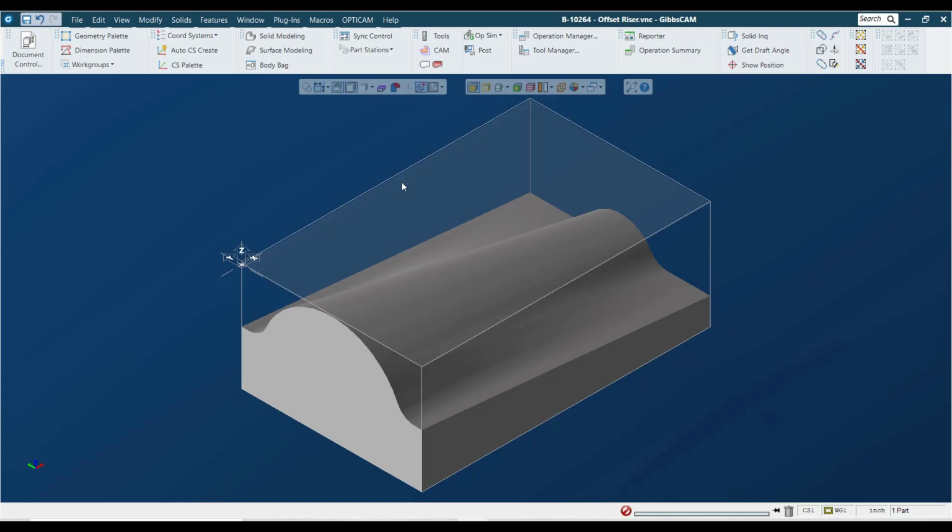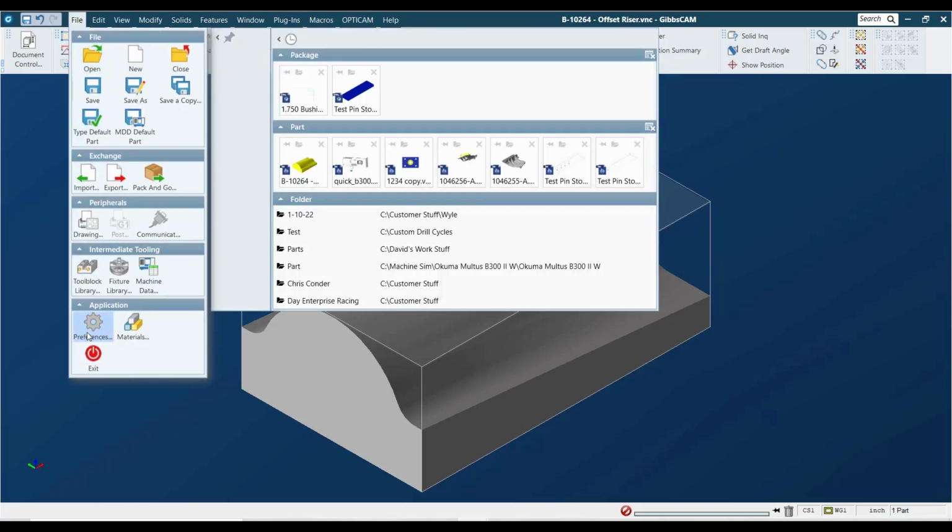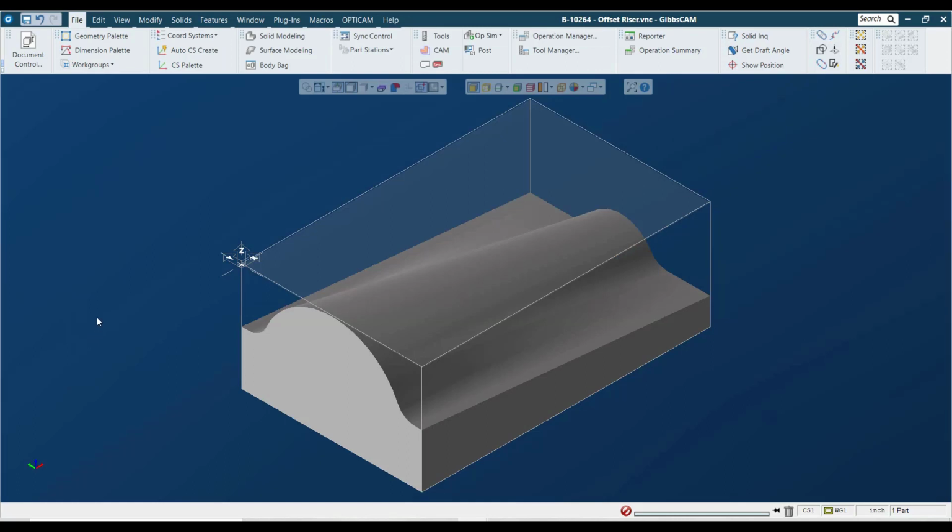All right, but what about a shop that has a variety of machines of different makes? For instance, if you were working in a shop that had a Bridgeport that required a .nc extension, and maybe you had an old Cincinnati that needed a .tap extension, maybe a newer Okuma that's looking for a .min extension, and a Mazak that needed a .eia extension. We don't want to have to change our preferences every time we post a part, and of course we don't have to. If I go back to my File menu, and back to Preferences,